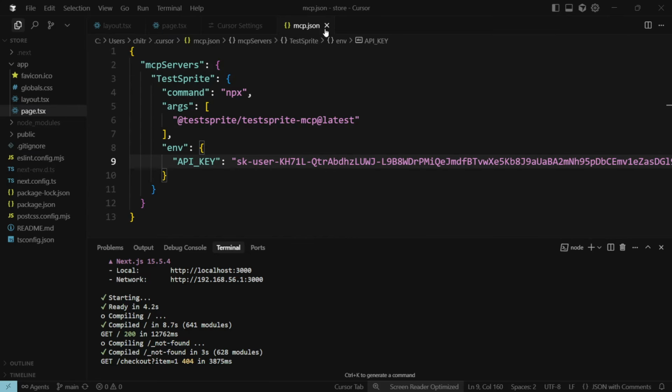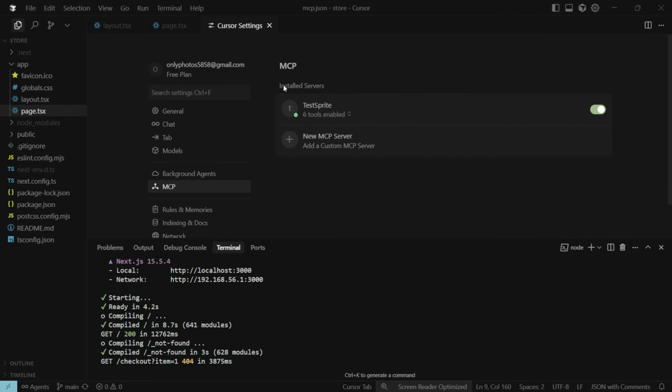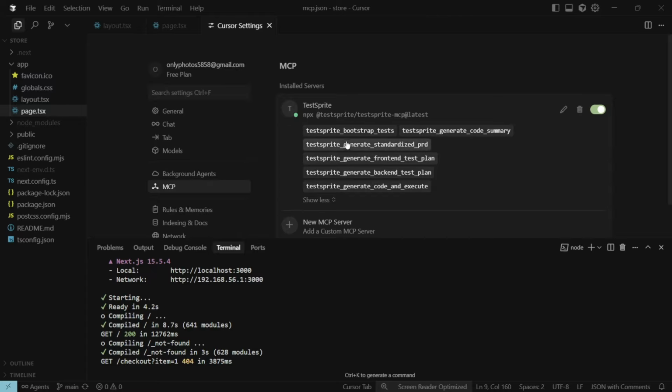Okay, and then you can exit the mcp.json, and in the cursor setting you can see we have installed the TestSprite, and these are the agents. Okay, so it is a bootstrap test with a generate code summary, and the important thing that we need over here is to generate the code by itself and execute by itself. We'll need a front-end test plan,